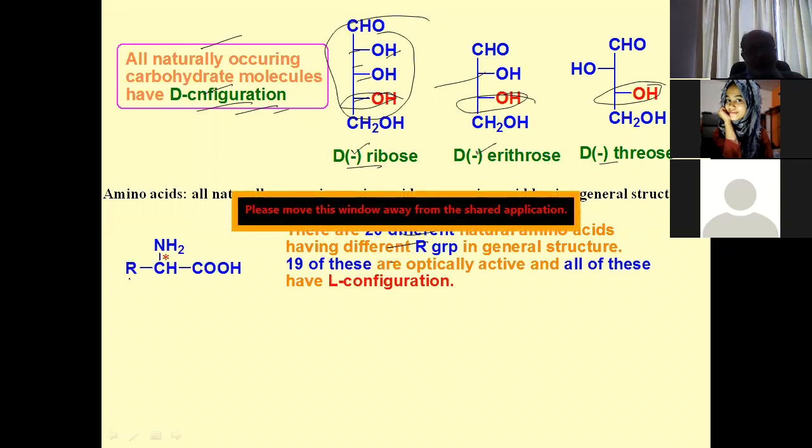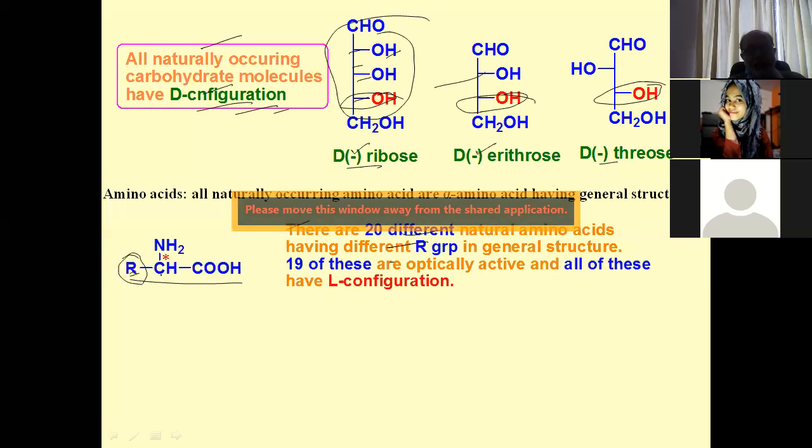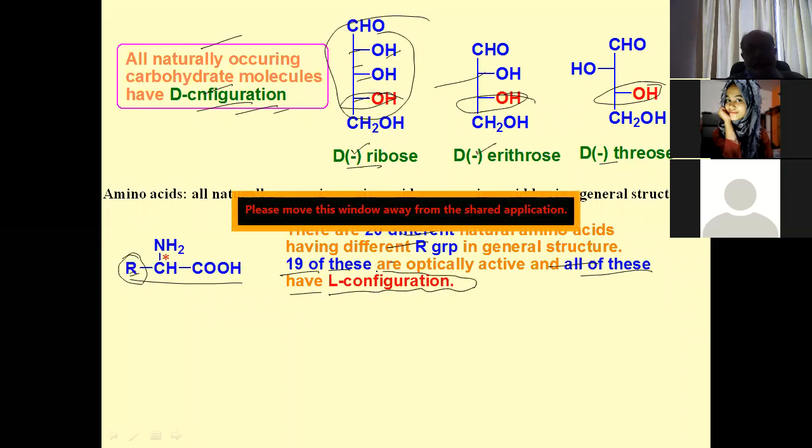This is their general structure, and these 20 amino acids will be different at this R. The first one is glycine, where this is H, and glycine will not be optically active because this becomes a CH2 group, so it is not a chiral center. So except glycine, all other 19 are optically active, but all of these have L configuration naturally